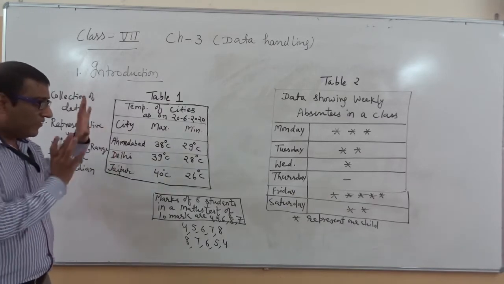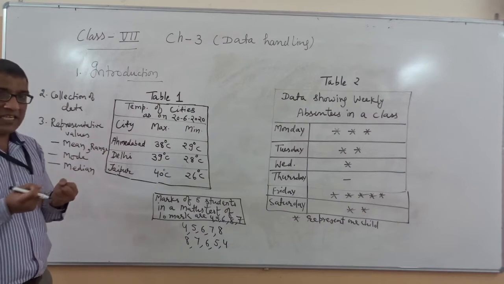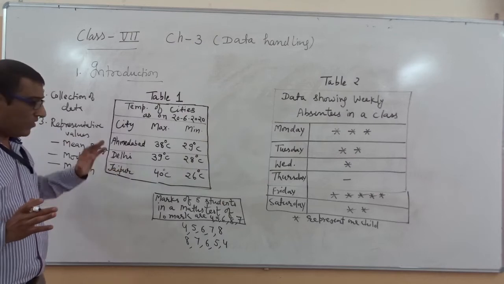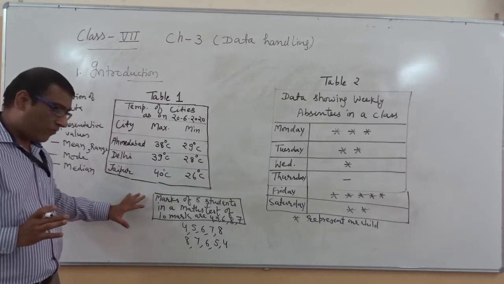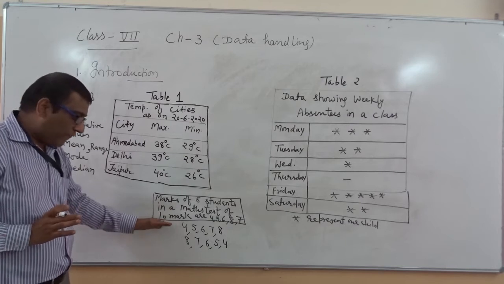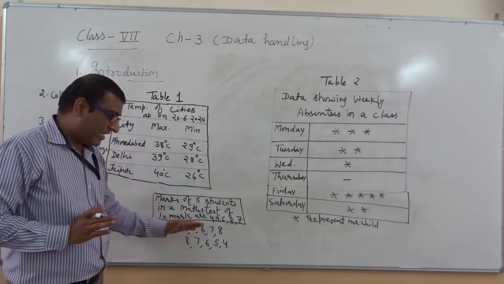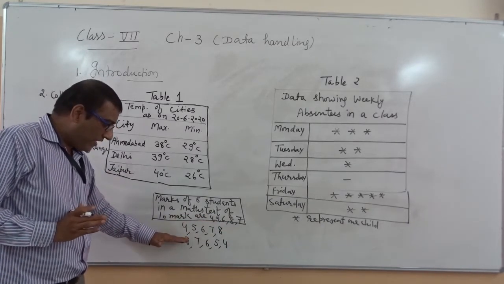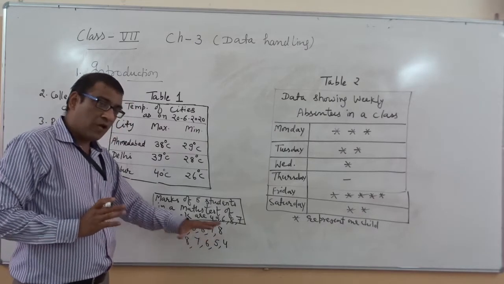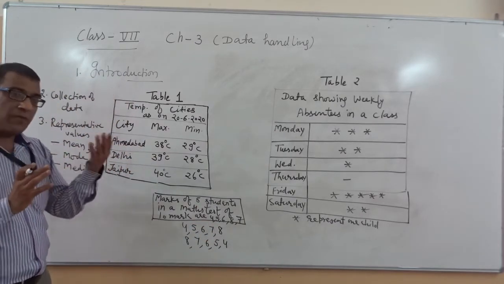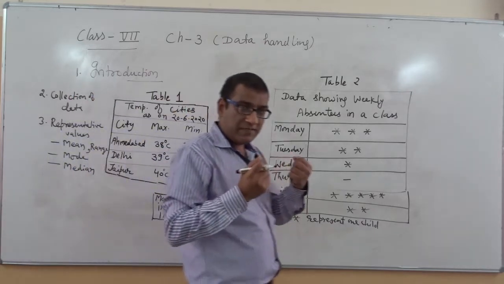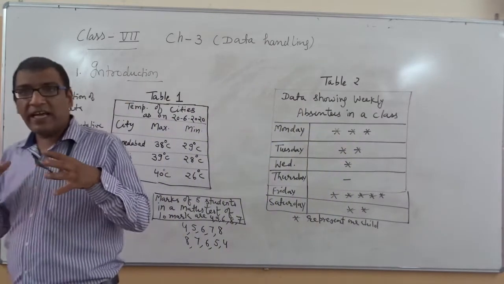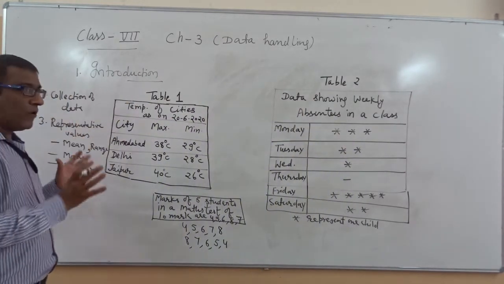Again I am repeating, this is the concept related with how we collect the data and how we organize it. Sometimes we will organize in the form of a table, sometimes in the form of a small box, sometimes in ascending order. If you see here 4, 5, 6, 7, 8, it is in ascending order from smallest to biggest, and this is your descending order from 8, 7, 6, 5, 4. So how can we arrange the data? As per the previous class, a pie chart was there, or you can say a pictograph was there, right? So with the help of this concept, we will organize any type of data.